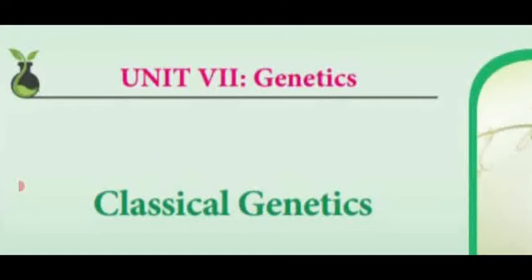The different examples of codominance are the red and white flowers of camellia, inheritance of sickle cell hemoglobin, and the ABO blood group of human beings. Also, in human beings, they have the codominant gene I, which has two types of alleles, IA and IB, which proves Mendel's law of segregation.